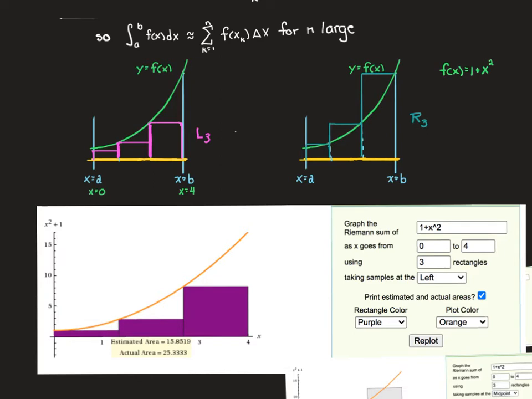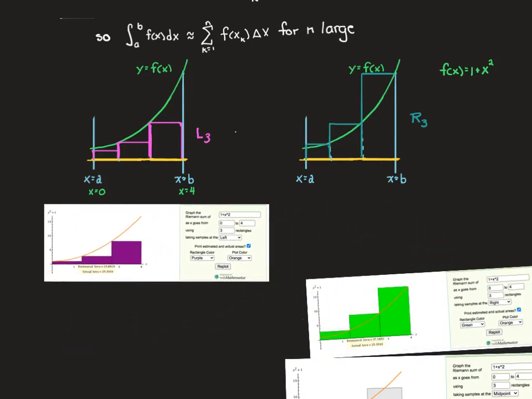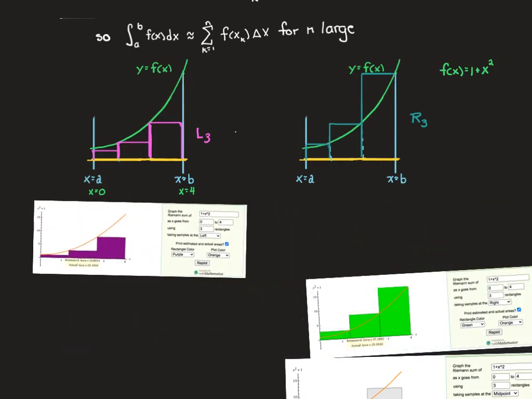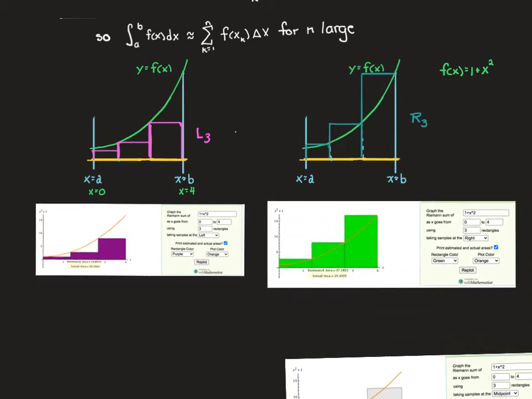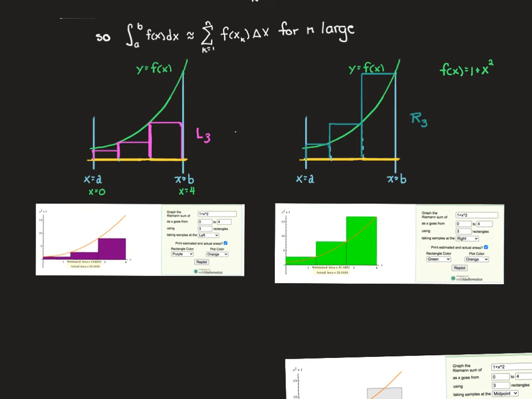So I've put the function in here, 0 to 4. I've used 3 rectangles, and I've taken samples at the left-hand endpoints. And we can see what the estimated area is. And as you can see from the picture and the numbers, it's too low. Well, what I can do then is see what I get if I use the right-hand endpoints. So that's over here. And looking at the right-hand endpoints, you can also see that the numbers are too big,